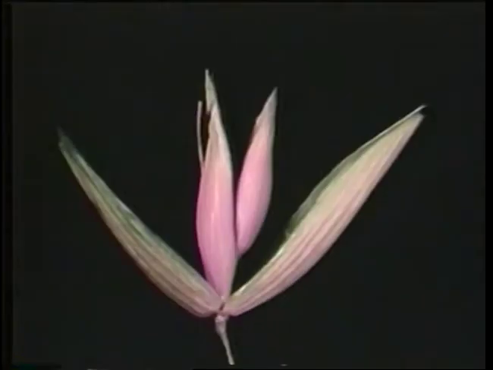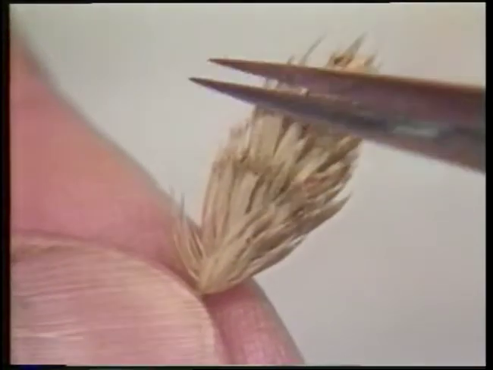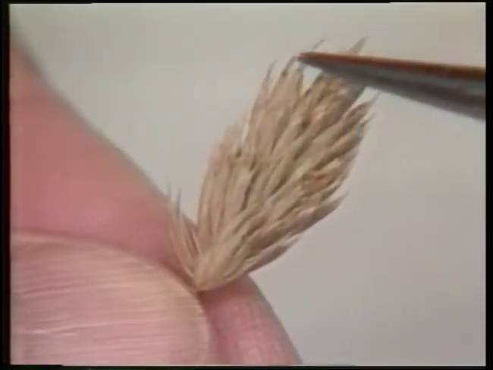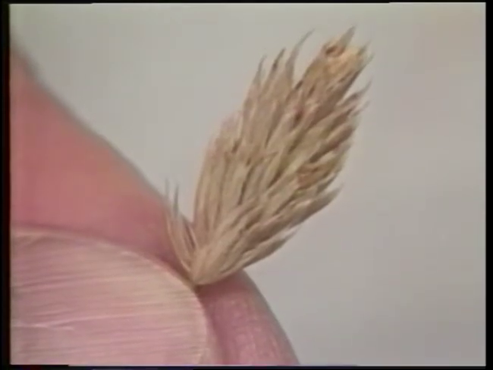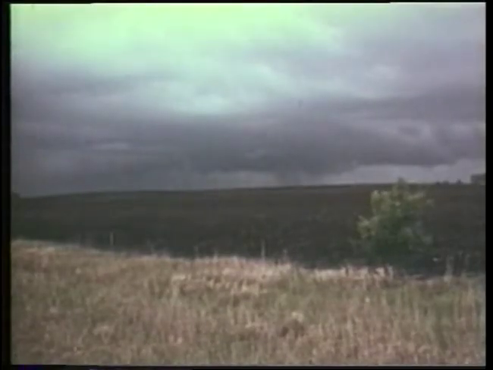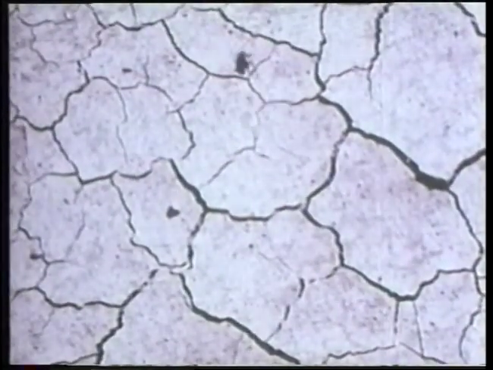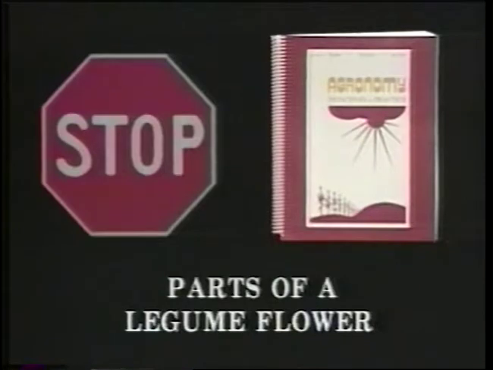For instance, oats generally have 2 florets per spikelet, while orchard grass generally has many developed florets per spikelet. Developed florets, or kernels per spikelet, also may be influenced by environmental factors such as weather and soil fertility. The next topic for study is parts of a legume flower. Study this section in your text, and then come back to the VCR for further tutoring.